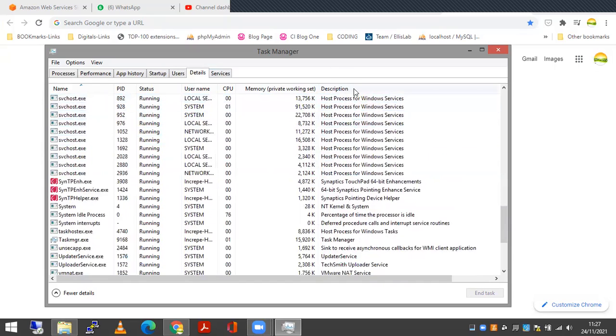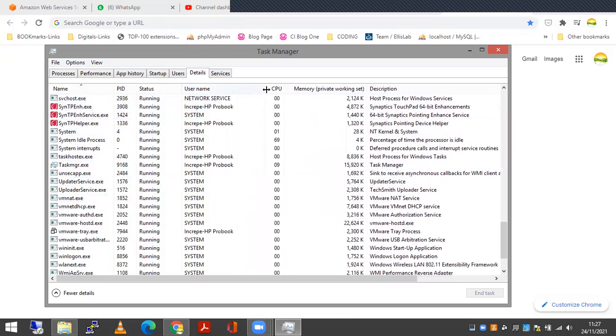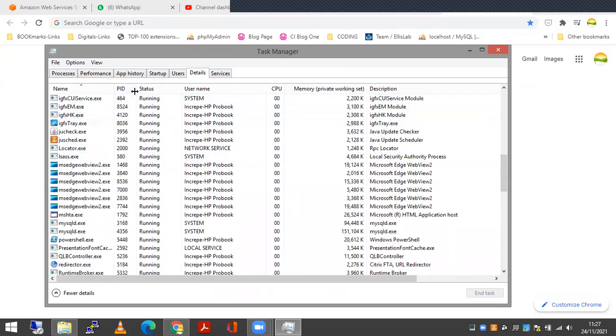We can see the description of that process in the Description column, which user is running the process in this column, the status of the process in the Status column, and the PID of that process here.